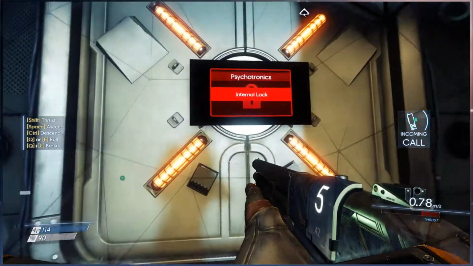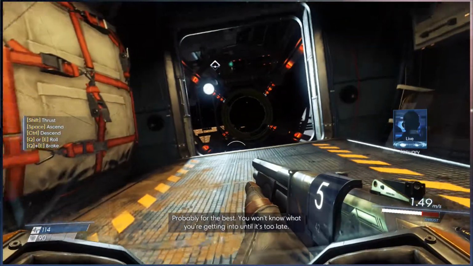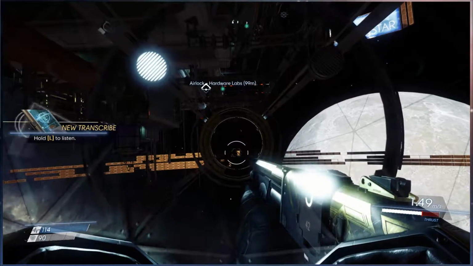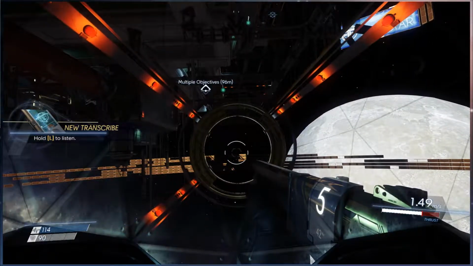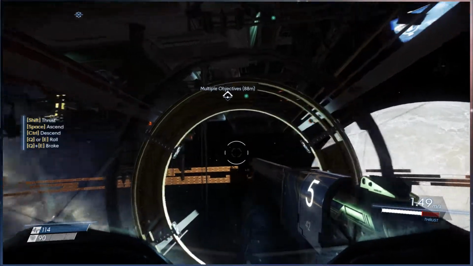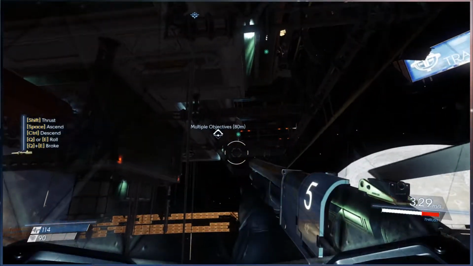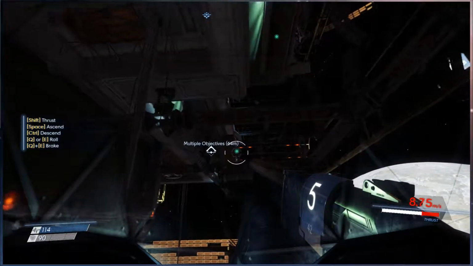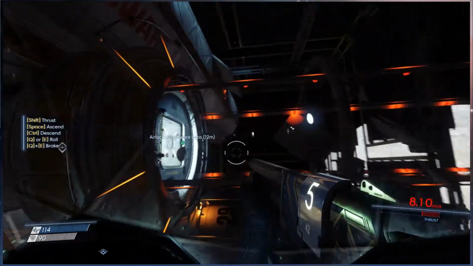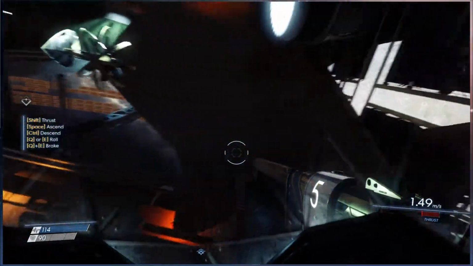And nope. That airlock won't open until you disengage the manual seal on the inside. Probably for the best. You don't know what you're getting into until it's too late. By the sounds of it, traveling around outside is kind of like another hub, like the lobby. Possibly even a safer fast travel method, given that this method of travel out here is actually pretty damn quick. I think we're just popping back inside over here, unless...